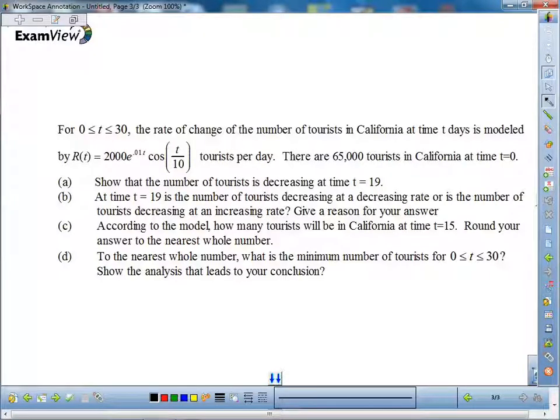So what we want to do is find the number of tourists decreasing at t equals 19. The first thing, when we read a problem, is that we're given the number of tourists coming in, which is given by r of t, and we're also given the initial amount of tourists. We're not given an out rate, so this is just an in. To show the number of tourists decreasing at t equals 19,